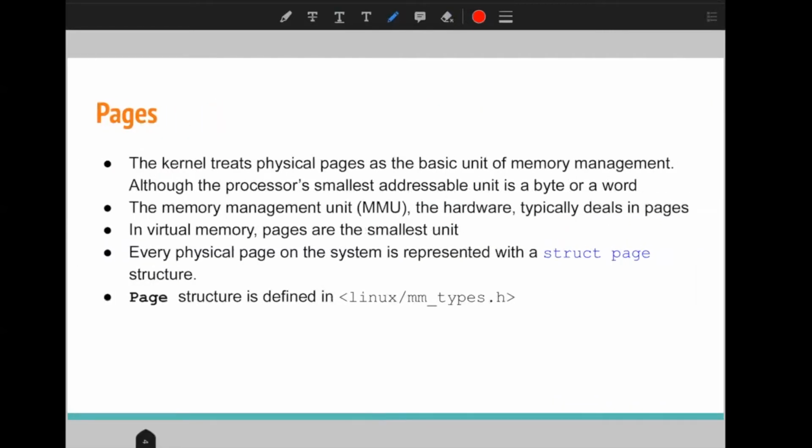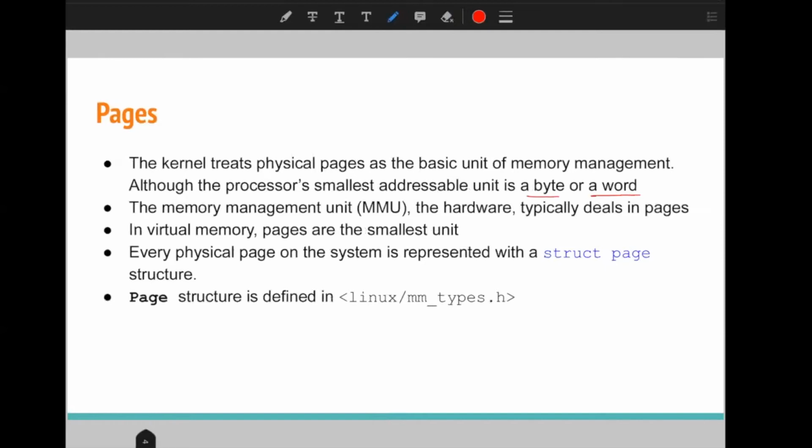So in the kernel, memory is managed by the memory management unit. The memory management unit deals with the memory in pages, but you should know that the processor doesn't need memory in the size of pages. It needs it in the size of bytes or words.